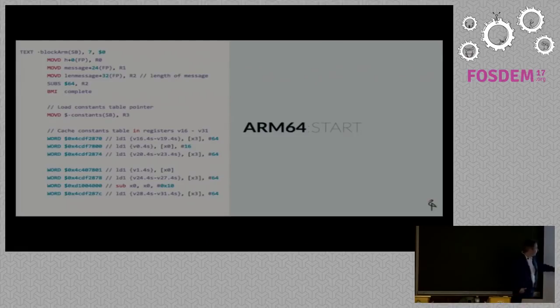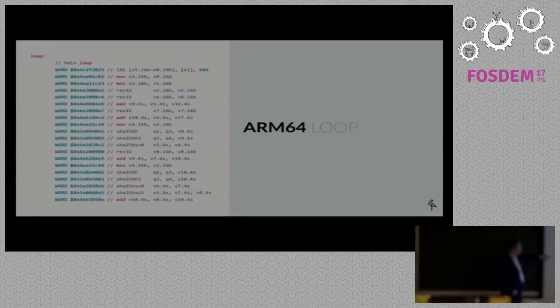And then further down here, we do some initialization. So here we load from x0, which corresponds to R0, the digest. We also load, obviously, from the message itself, and there's also a constants table. So we get a reference to the constants table that's in R3, and R3 corresponds in Neon to X3. So here we load values from the constants table,